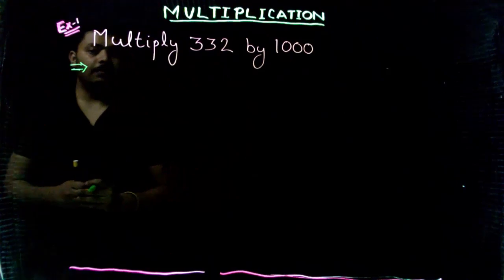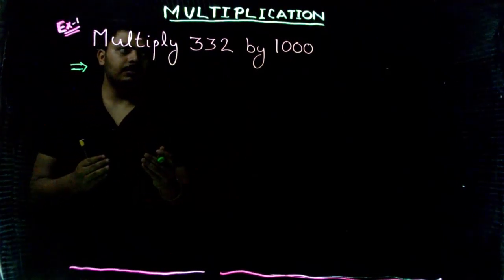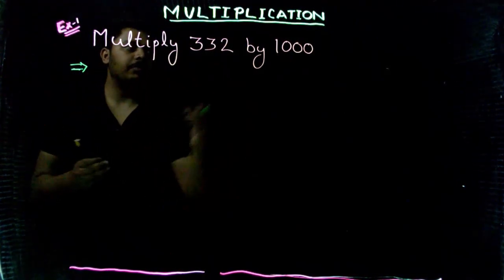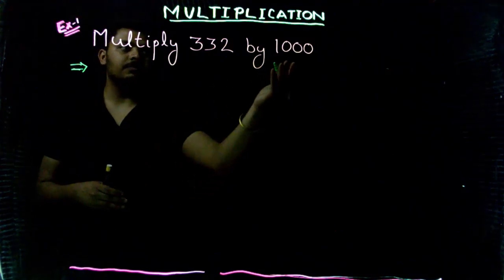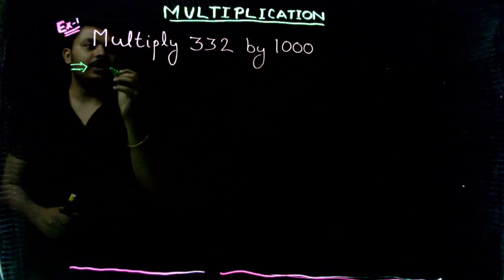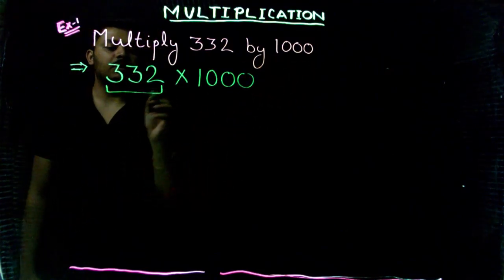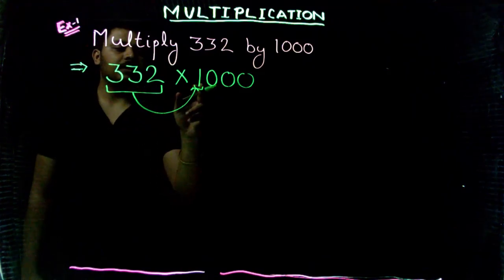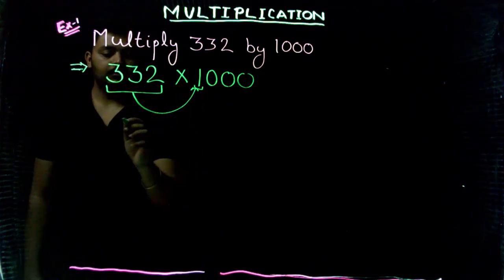Up to now, we have learned multiplying with 10, multiples of 10, 100, multiples of 100. Now it is multiplying by 1000. So let's start. First we need to multiply our multiplicand with 1. We get